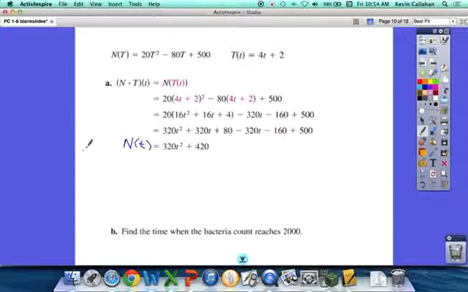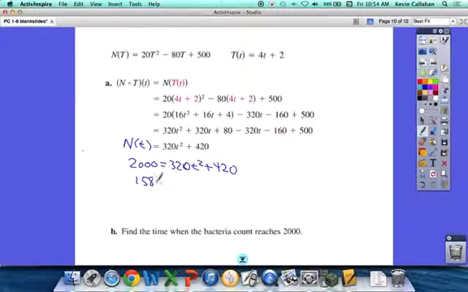Okay, then the last part is find the time when the bacteria reaches 2000. What are they asking you to do? When the number of bacteria reaches 2000, what are you substituting 2000 for? The N, right? They said when the number of bacteria, that's represented by the capital N. So you want to go like 2000 equals 320 t squared plus 420. Subtract 420,